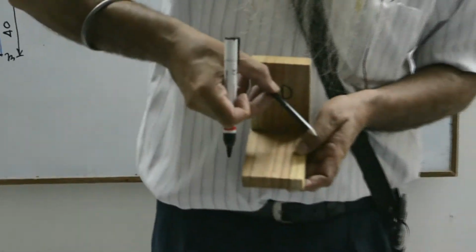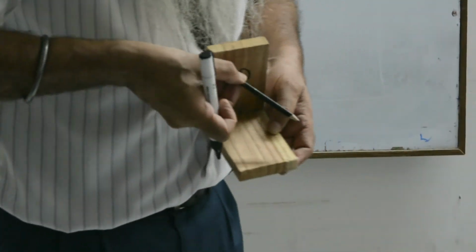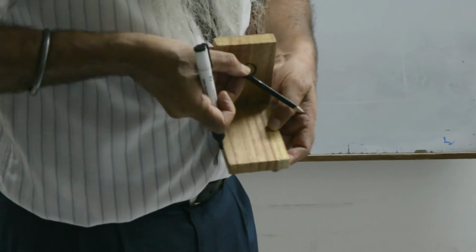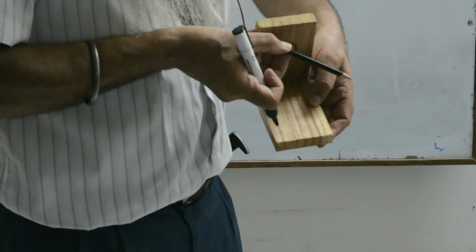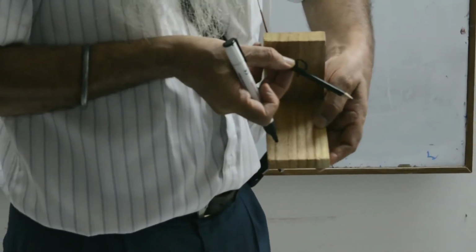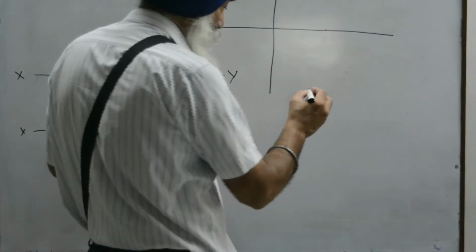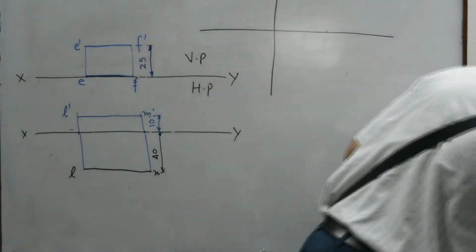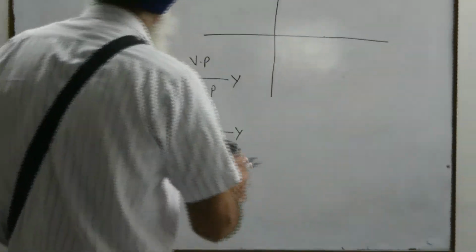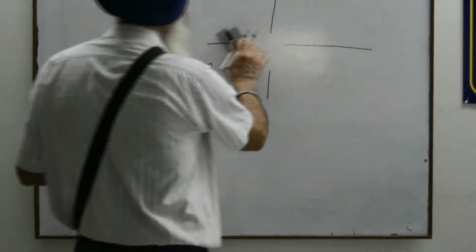Okay. Yes. This is the angle for this. It is inclined to the vertical plane. And you can see this is inclined. What is parallel to the horizontal plane? In this case, when the line is again to draw, this line will be like this. I will take the case over here.